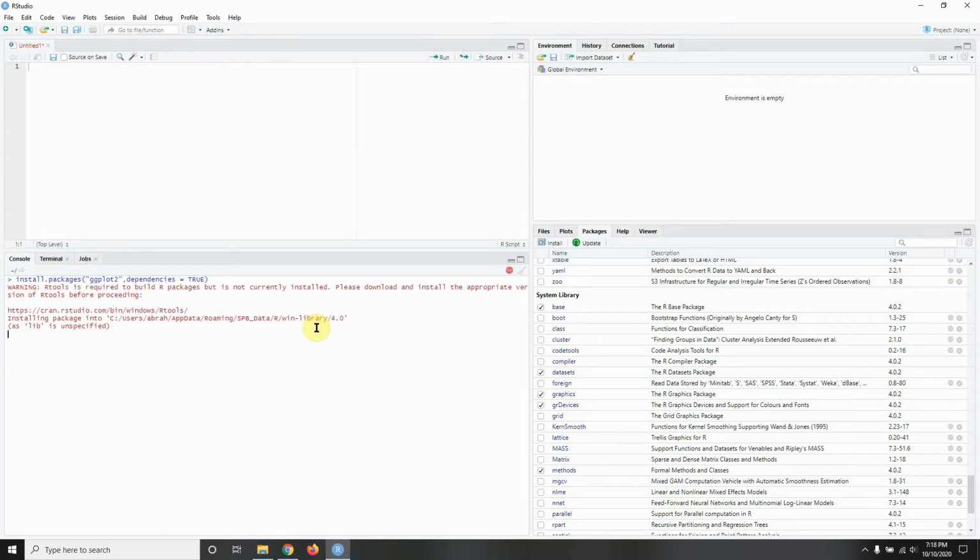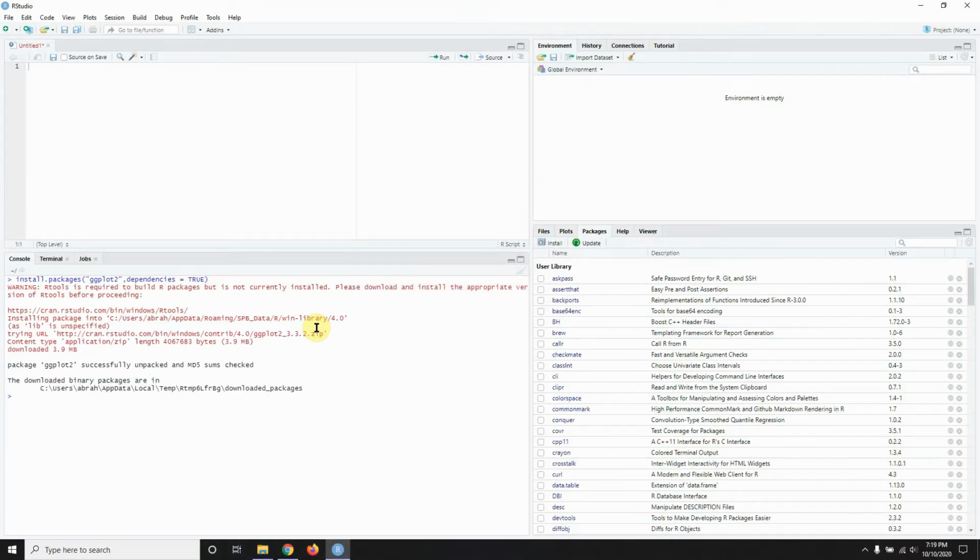Now, depending on your internet connection and your computer, it might take longer than mine. Even though you don't see too much going on, that's because I already have some of the dependencies installed. But this might take you longer. All right, now that we have that installed,